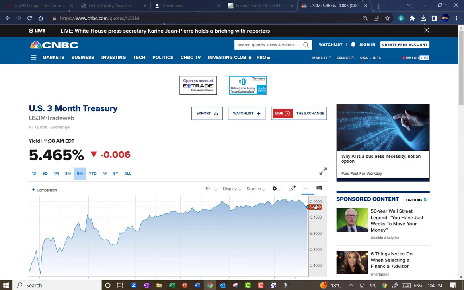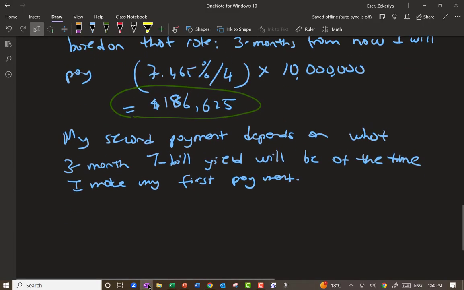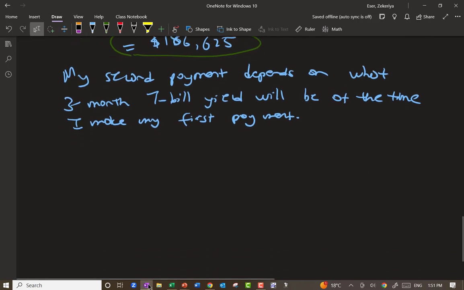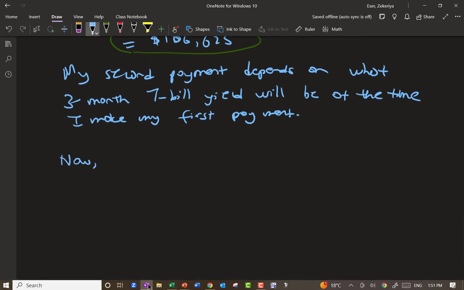So the rate at which you're going to make the payments is basically T-bill yield with a 3 month delay. You know, 10 years from now, maybe 3-month yields are even higher. So if they are higher, I'm going to make more payments. If they are lower, I'm going to make less payments. Now, suppose I entered into